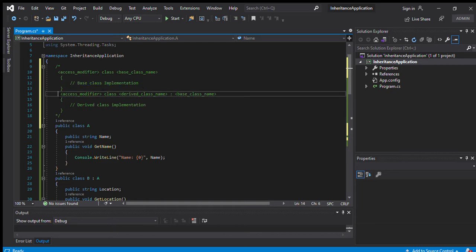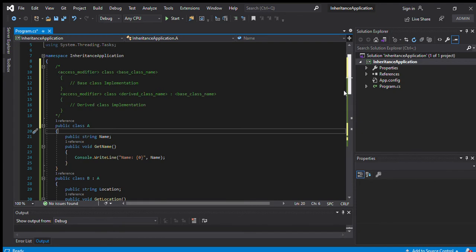And here the same access modifier, the class keyword, then the derived class name, inherited with the colon and then the base class name. Whenever I declare it like this, I can access the base class method as well as the derived class method with the help of a derived class object.